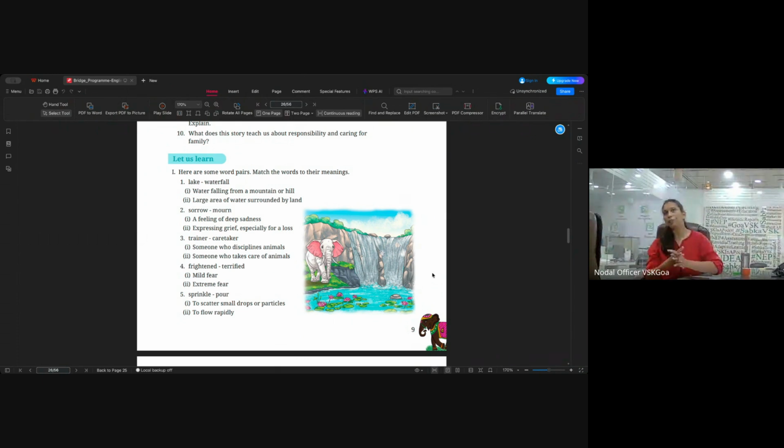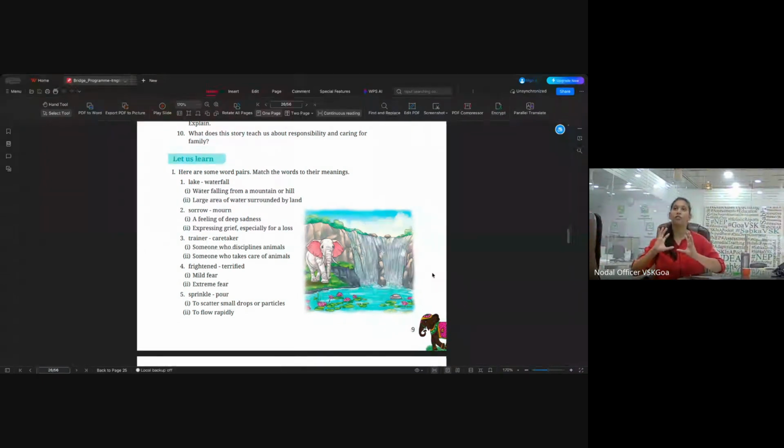And also, if you see this one story, which is in English, it is engaging so many domains of life. You're talking, first of all, about the environment. You're talking about interpersonal relationships. You're talking about emotions. So you're sensitizing the child. A bit of science is coming in because you're talking about waterfalls, lakes, and caretakers of the wild, of animals.